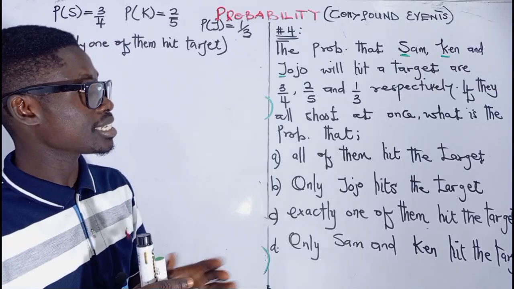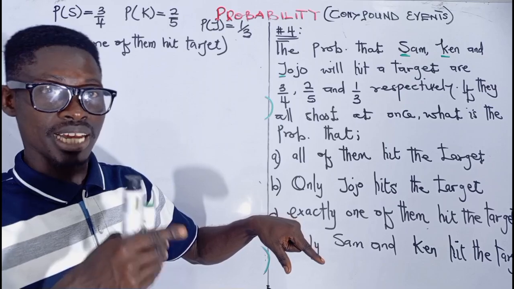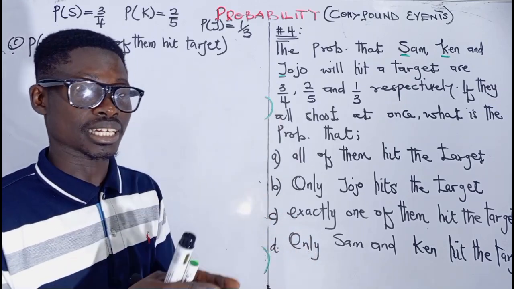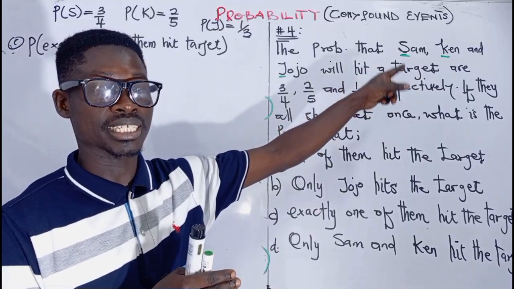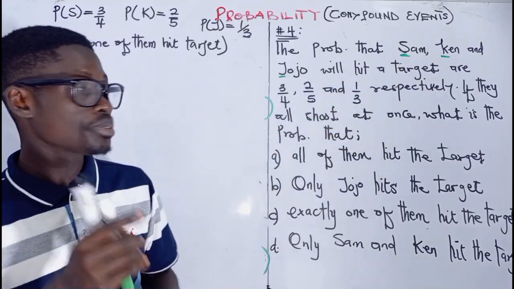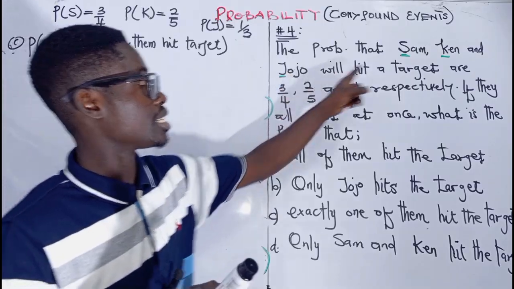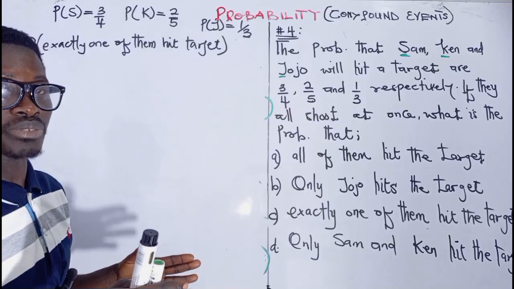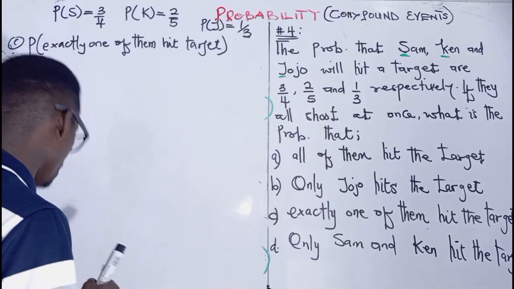Or you can say that Sam missed the target and Ken hit the target and Jojo missed the target. In that event as well, it is only one of them who hit the target, and that is Ken. Or we can say that Jojo hit the target and then Sam and Ken missed the target. So within all of that, we can say that it is only one of them that is hitting the target. So we can write it as